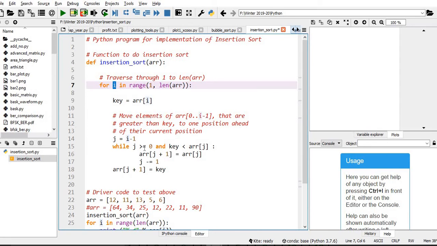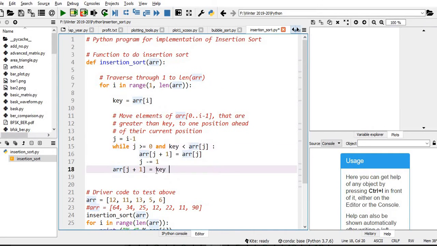This while loop will work when j is greater than or equal to 0, and logical and, the key should be less than arr[j]. Then I do arr[j plus 1] equal to arr[j], and j equal to j minus 1. When both conditions are true, only then this while loop will work. After the while loop, arr[j plus 1] is equal to key.